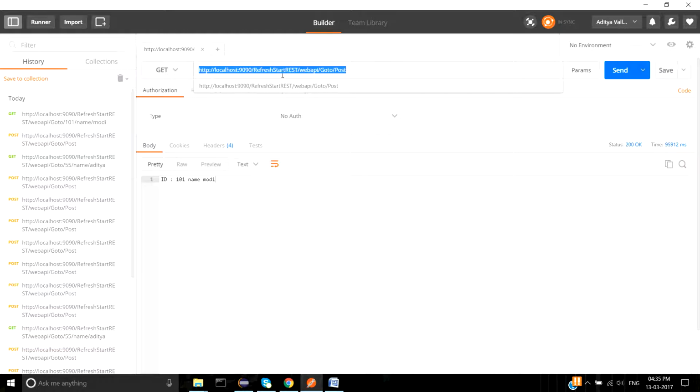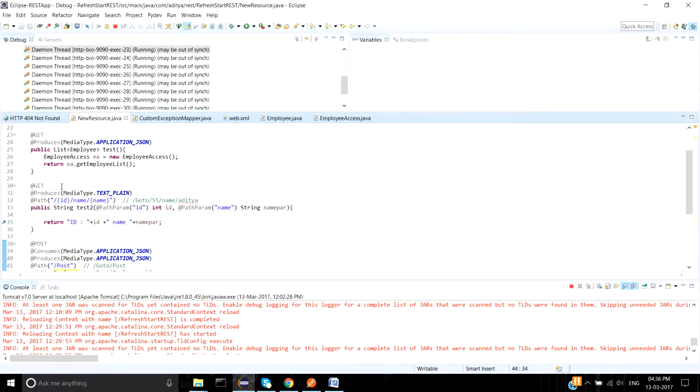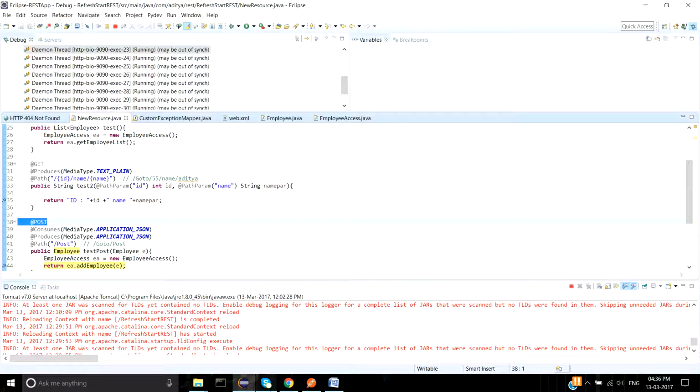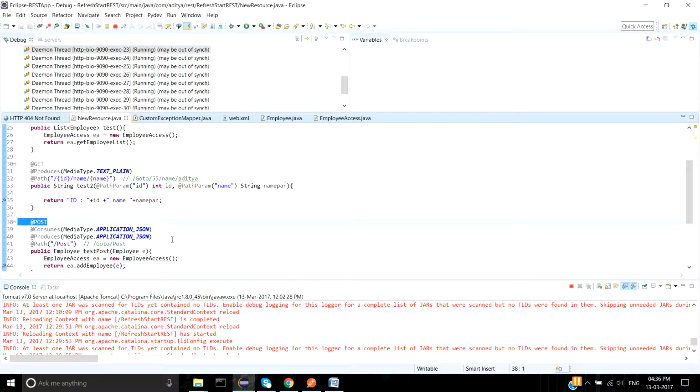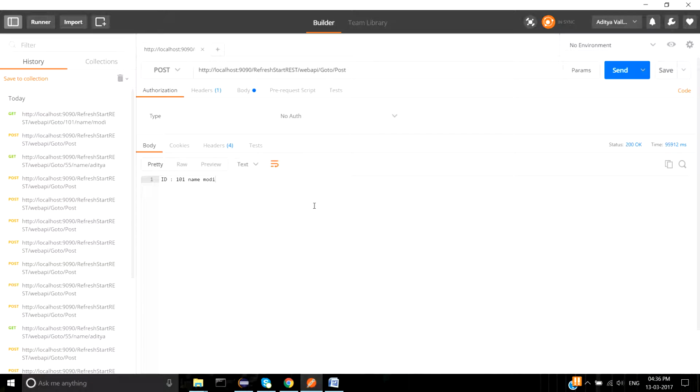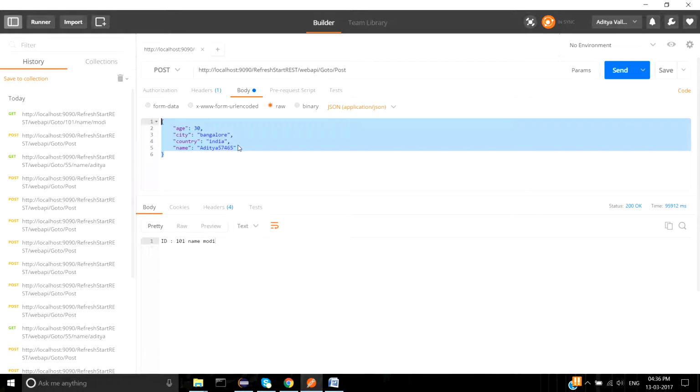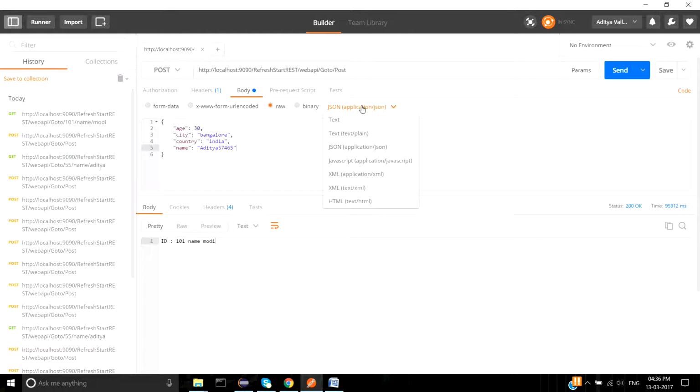My URL looks like this. Whatever this part is common to all APIs which are available in my application. This part varies from API to API, which belongs to this class level API. Since this method accepts HTTP method type as post, I have to pass the request using post, and this method consumes JSON content. So in the body, I have to pass some JSON content, and I should say that I'm passing this type of content using this option. This is the option you have to select. So if you trigger the send button,